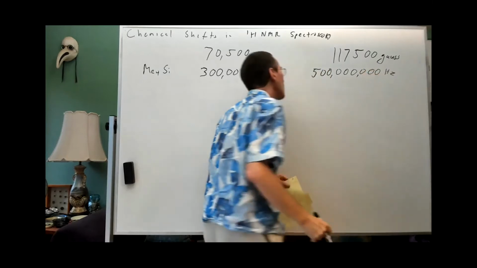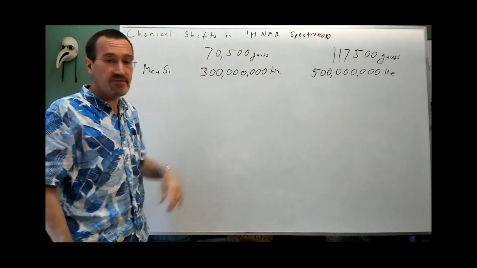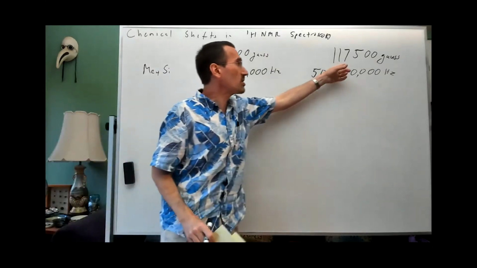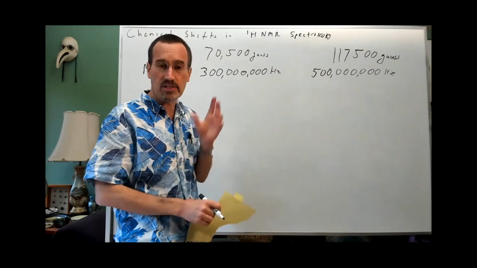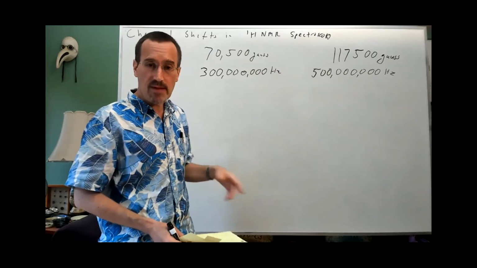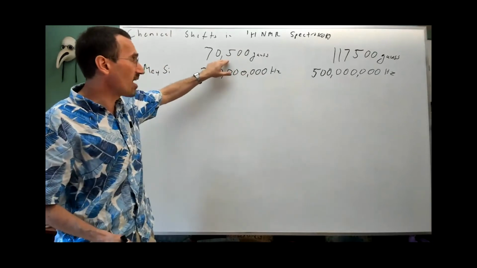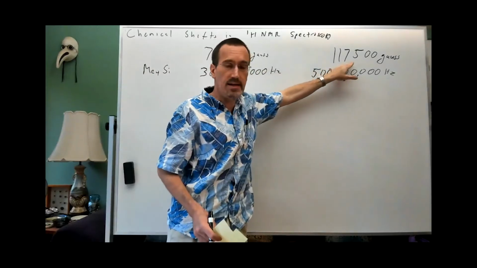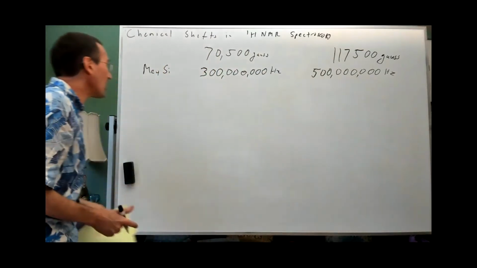And this is why we call an NMR spectrometer with a 70,500 Gauss magnet a 300 megahertz NMR, and an NMR spectrometer with a 117,500 Gauss magnet a 500 megahertz NMR. And remember, the carbon frequency is very different. So here we're at 75 megahertz for carbon 13 NMR, whereas here we're at 125.6 or so, 125.7